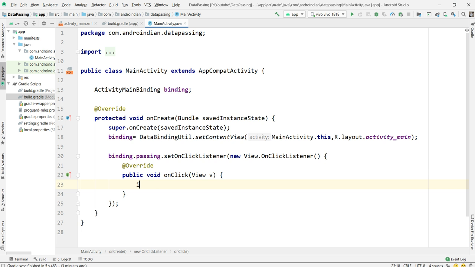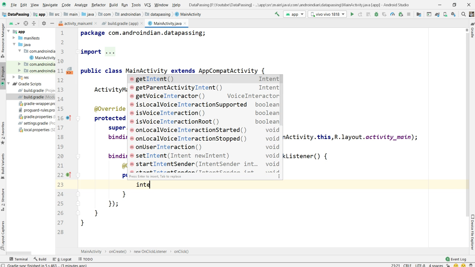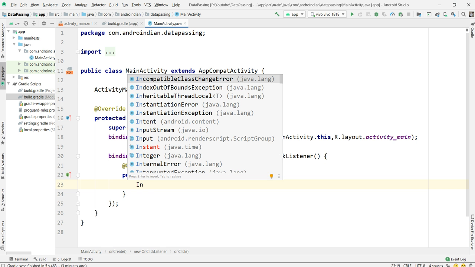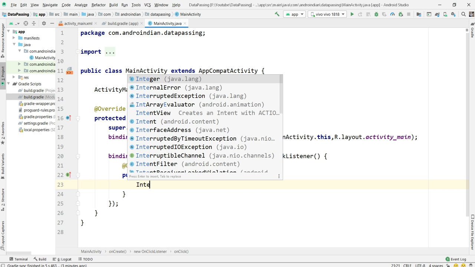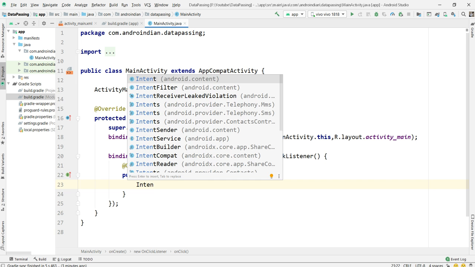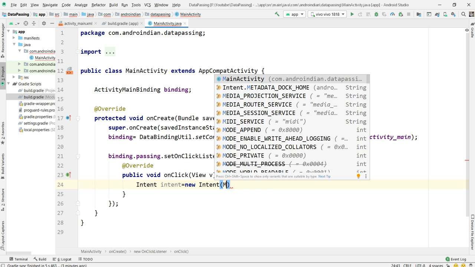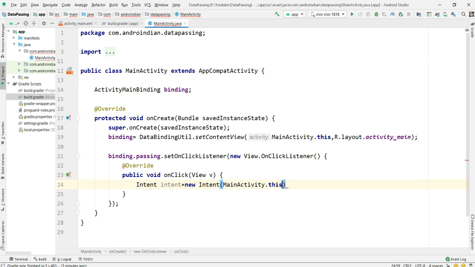Now as usual, first I'm writing the intent. So intent, something declaration equal to new Intent. Here this is the context, comma.